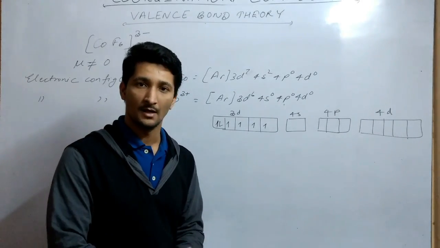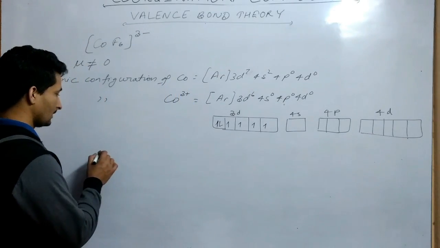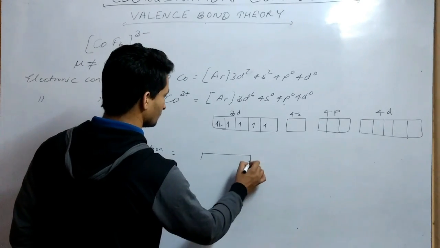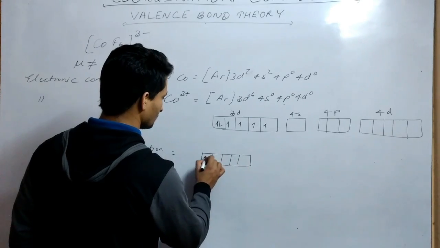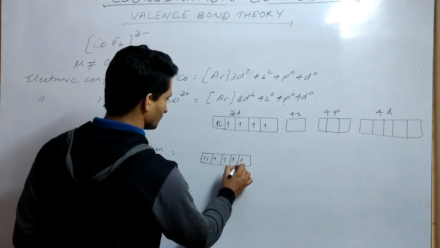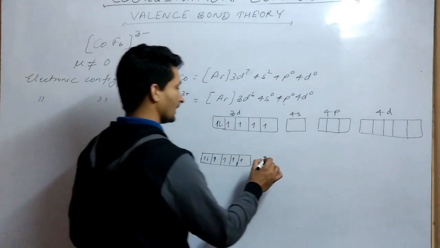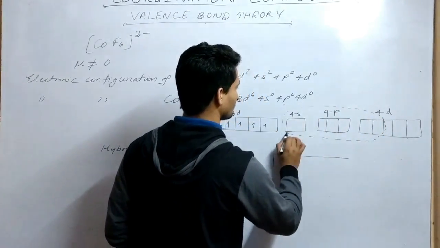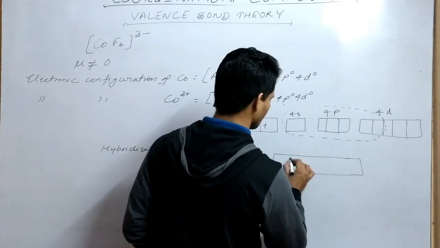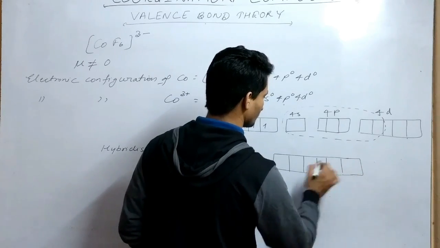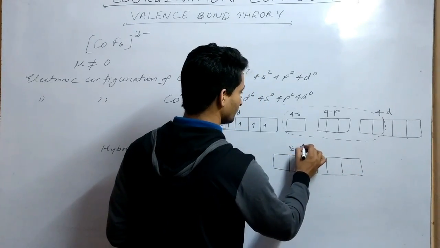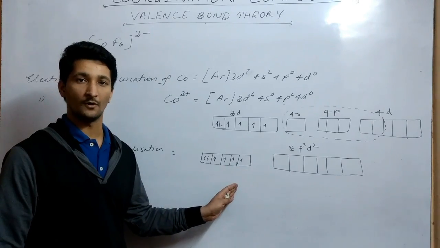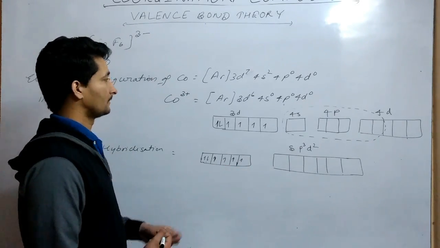So some electrons will remain unpaired, and in this case hybridization becomes, there is no role of this 3d, and hybridization becomes sp3d2, because here there is no space empty for two electrons,